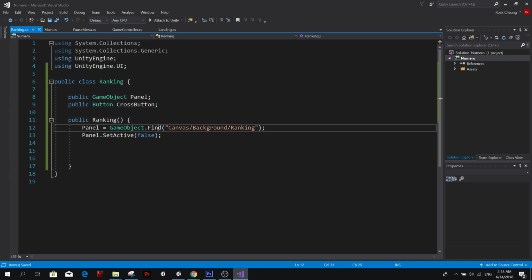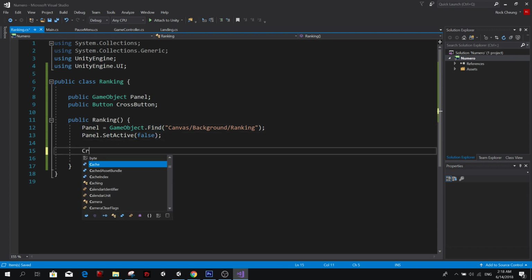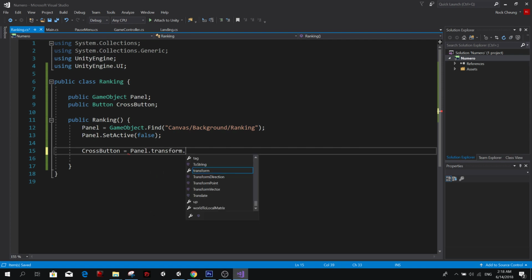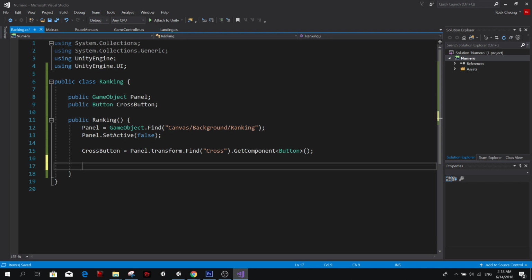So basically it's to close it. So cross button is equal to panel.transform.find cross dot get component button. Basically the same we did in landing, and now we're going to give it a function.